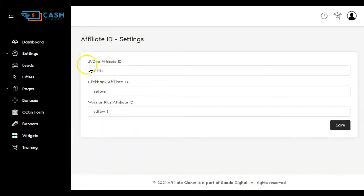Your affiliate ID, they do want your JVZoo, your ClickBank, and your Warrior Plus. You will put these in here, but you are not approved on JVZoo or Warrior Plus. You will still have to get approval to promote these products. ClickBank does not have a wait for affiliate approval, and neither does a fairly new, cool site out there called